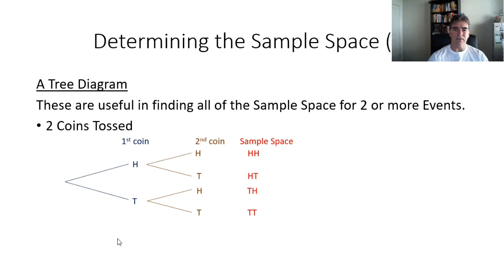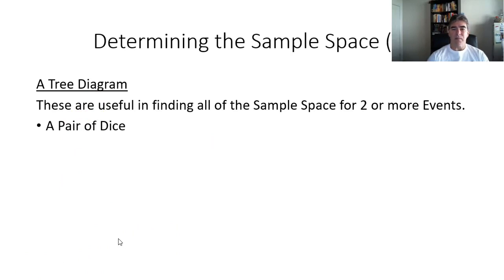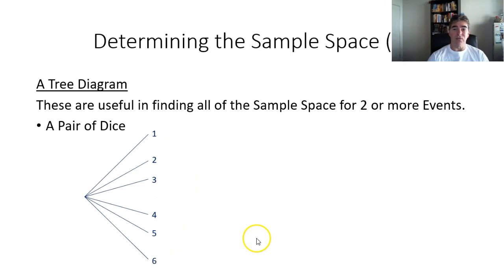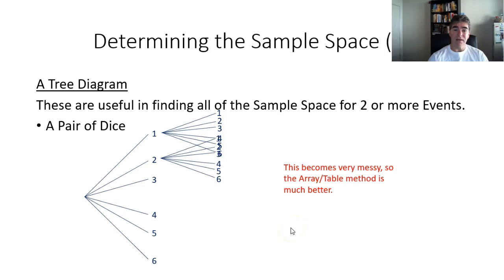Okay, so let's look at another example. Let's have a look at a pair of dice using a tree diagram. Well, we know a single die has 6 possible outcomes, so we can have our 6 branches for all of those 6 outcomes. And I don't know whether you can see it already, but you're going to find something that's not going to be very useful for us, because our second die is also going to have 6 outcomes, and we've got to have those coming from each of these branches, and you've guessed it,